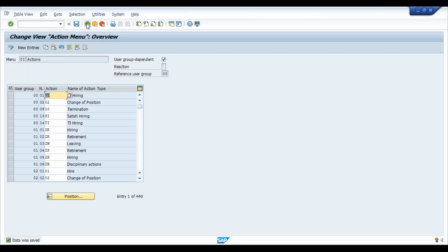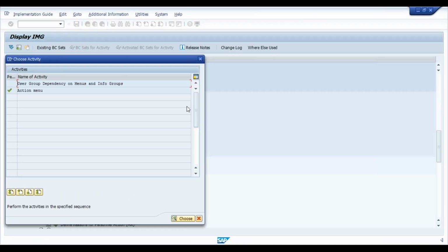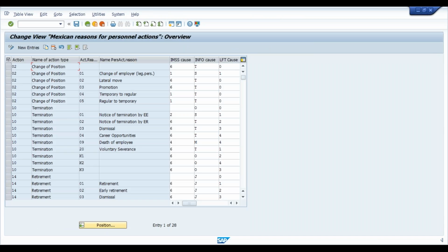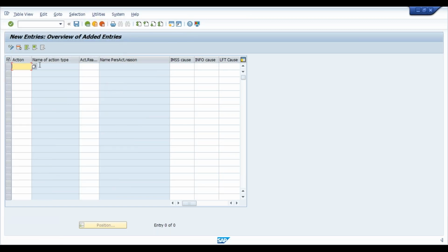So your data was saved. Click on back, close this. And the last configuration, define reason for your personnel action. Click on new entries